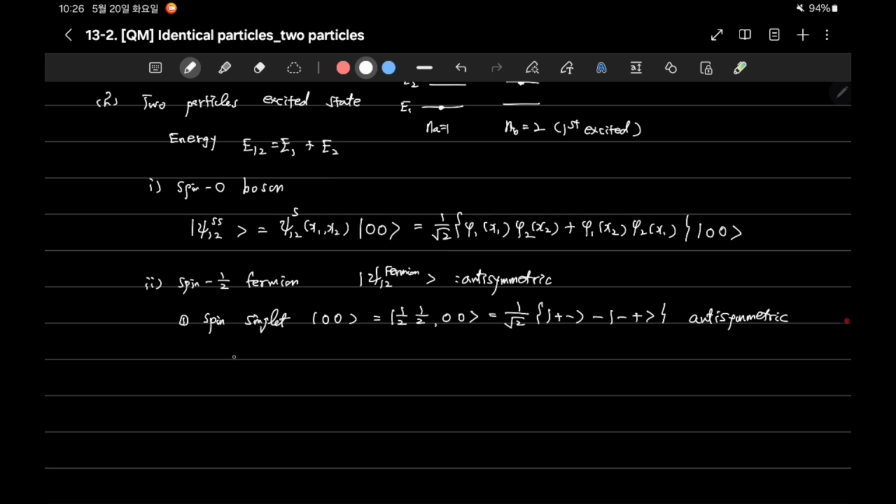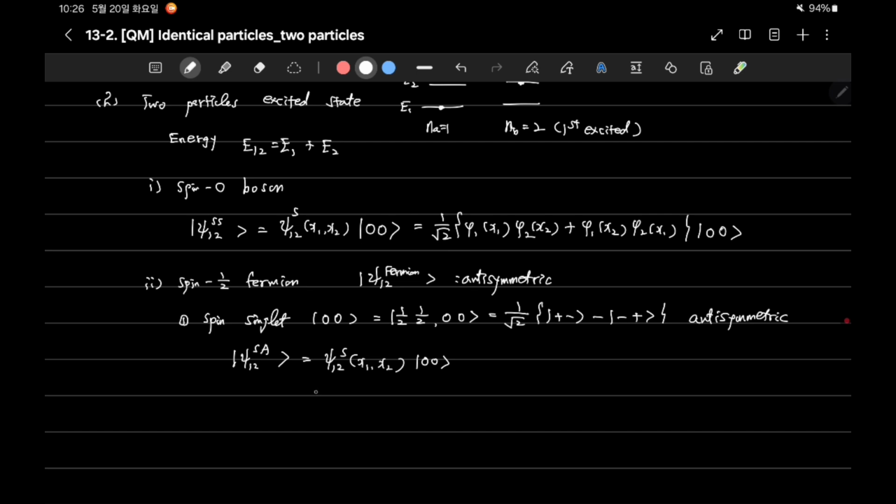So the total wave function should be, because the spin part is antisymmetric, the spatial part should be symmetric in x1 and x2,